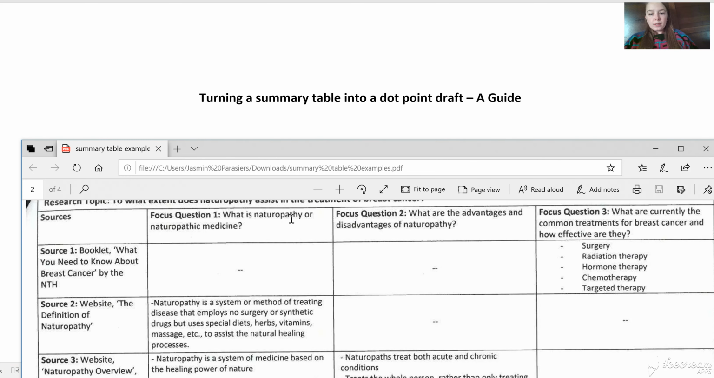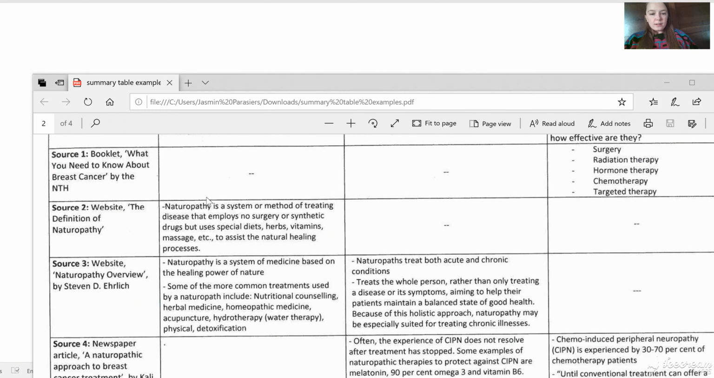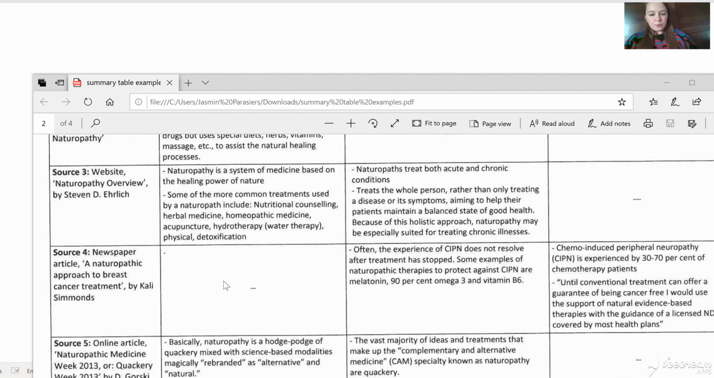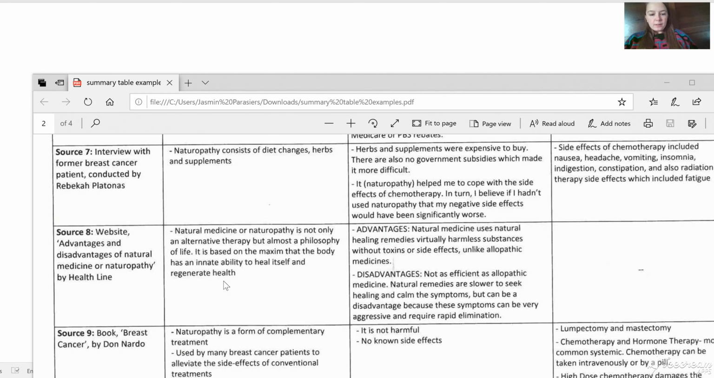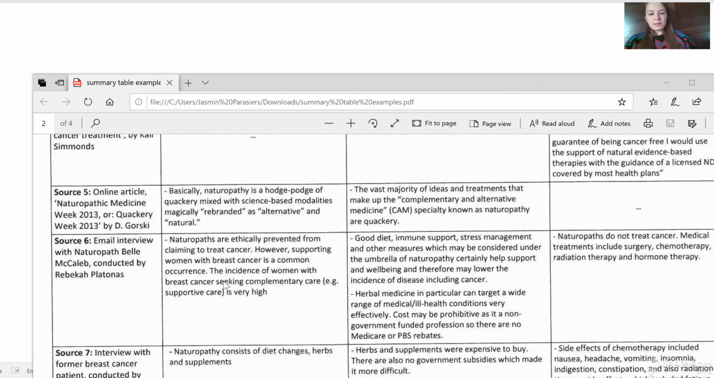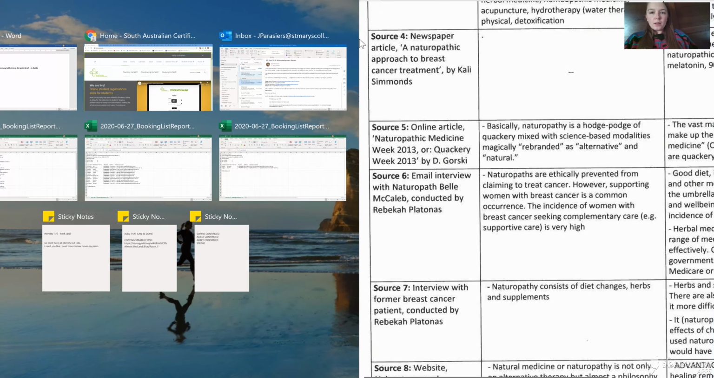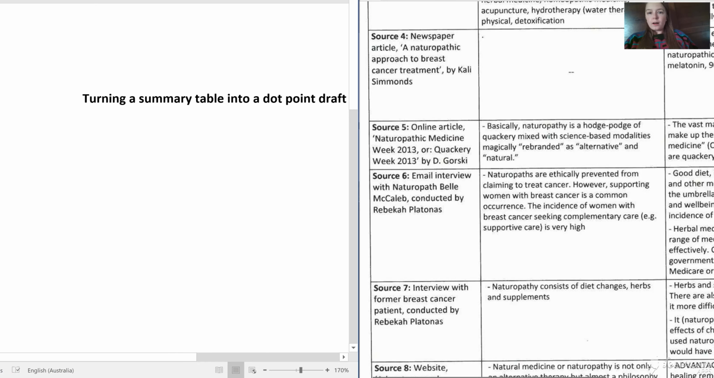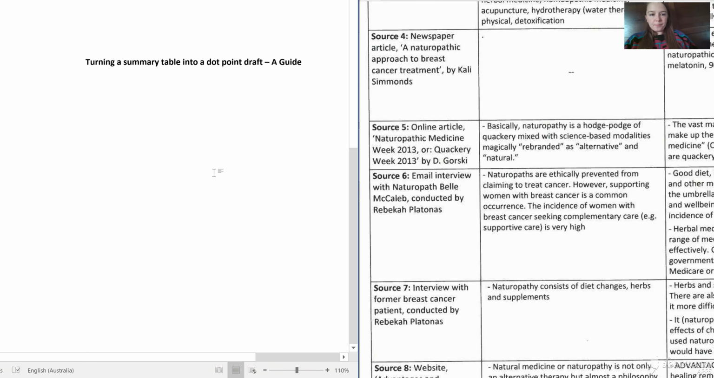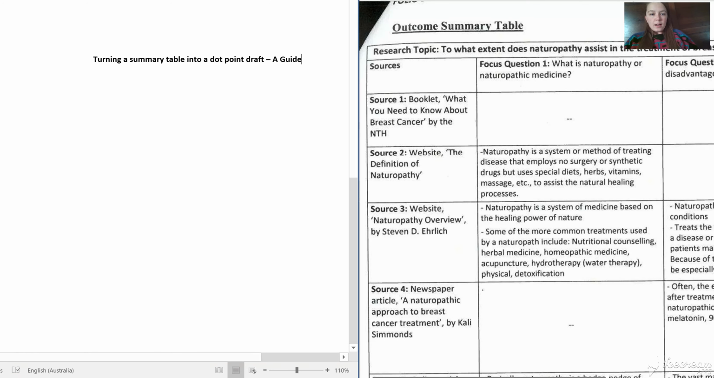focus question, it's what is naturopathy or naturopathic medicine? So what this student has done is pulled together a couple of different sources, and they've started to link, okay, there's 5 or 6 different sources that they can use. So what we then need to do is set up that information into a written format. So by looking through those sources, I can see that obviously the first focus question